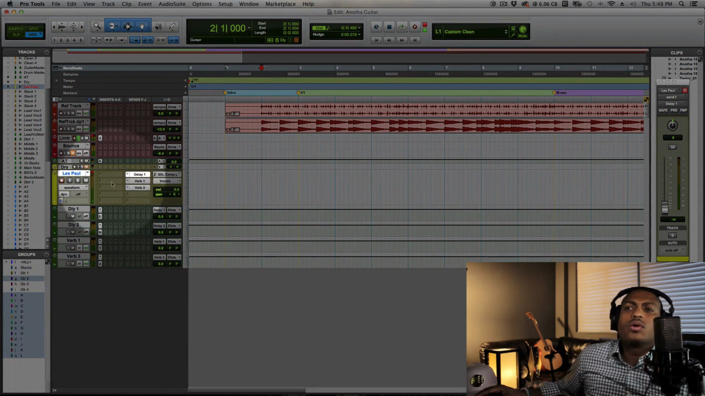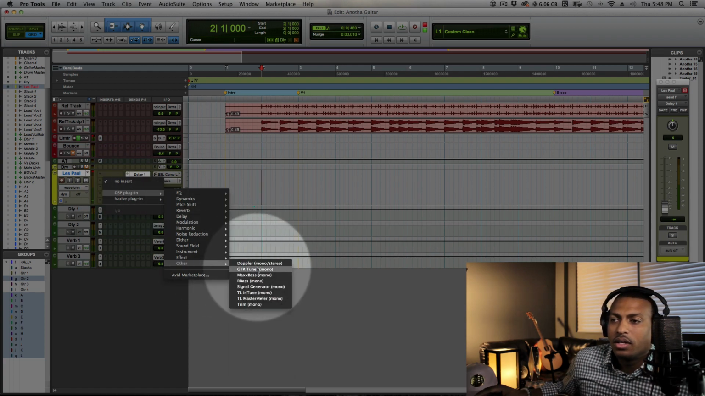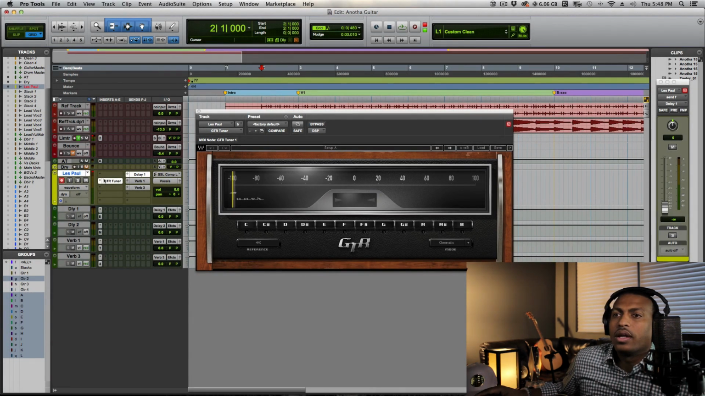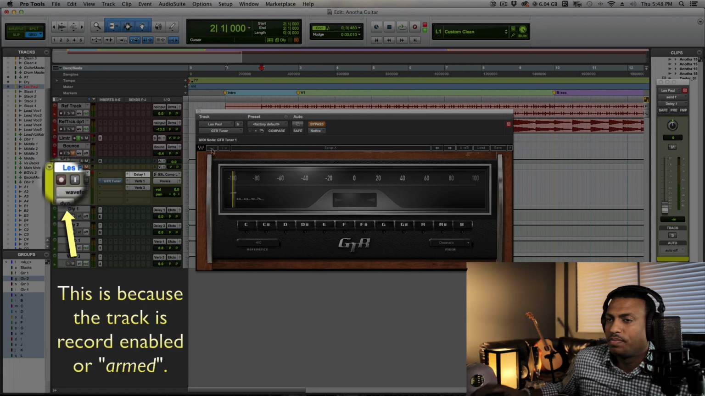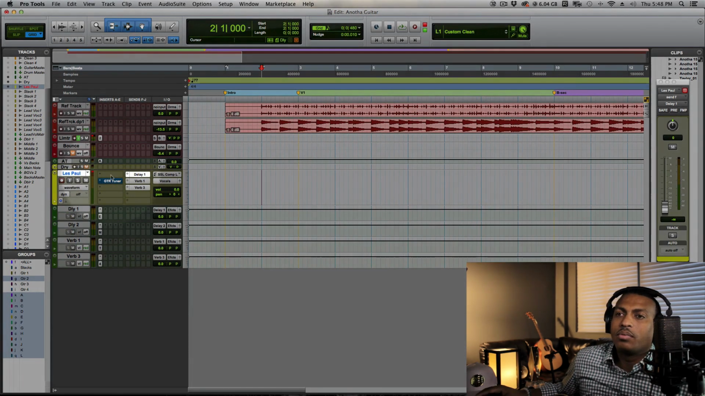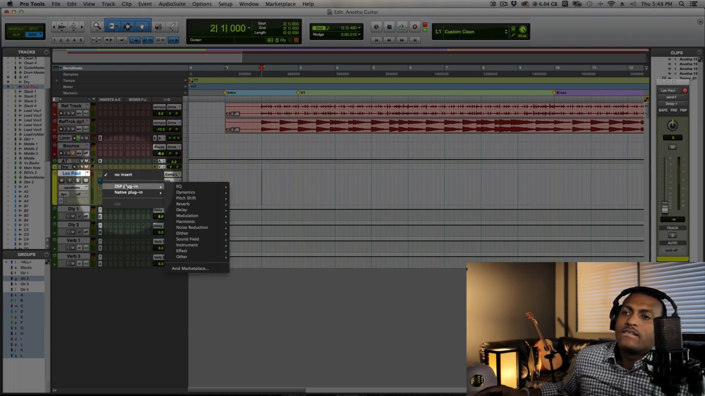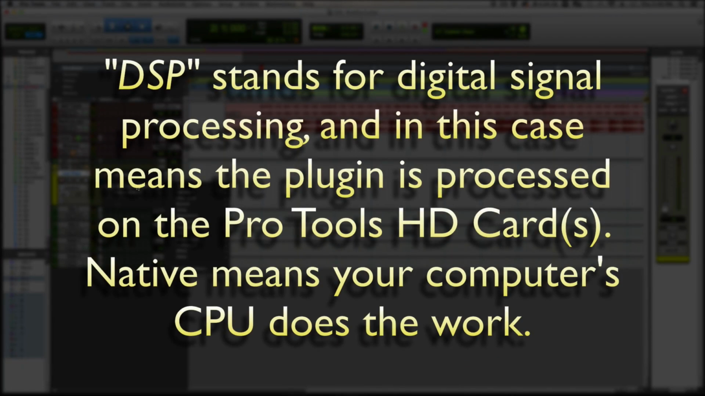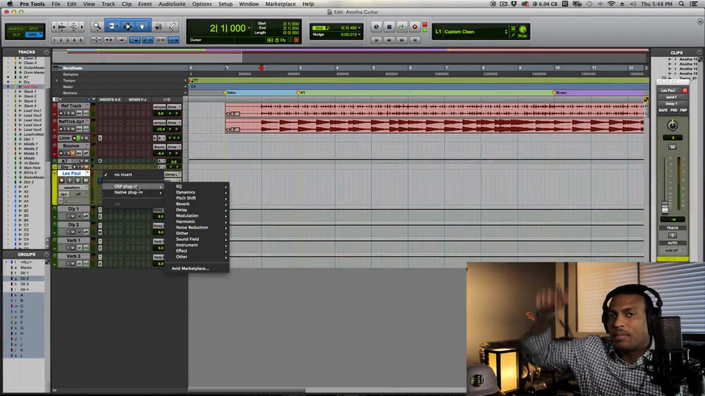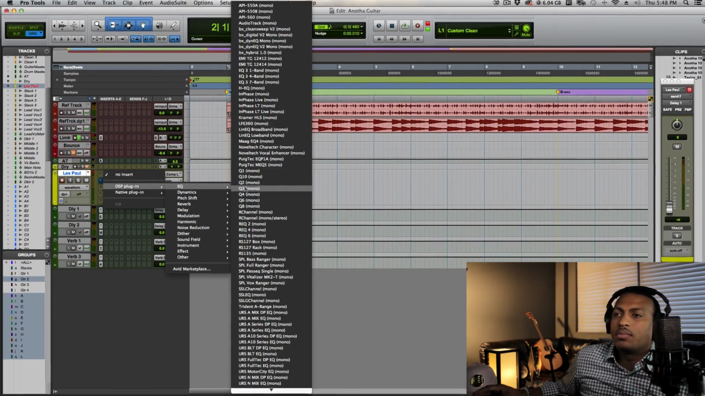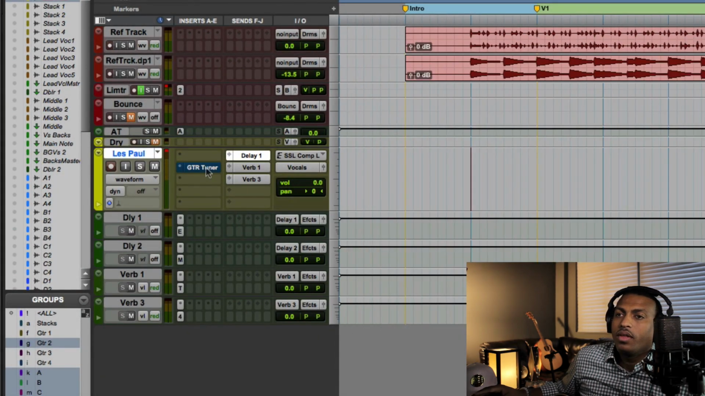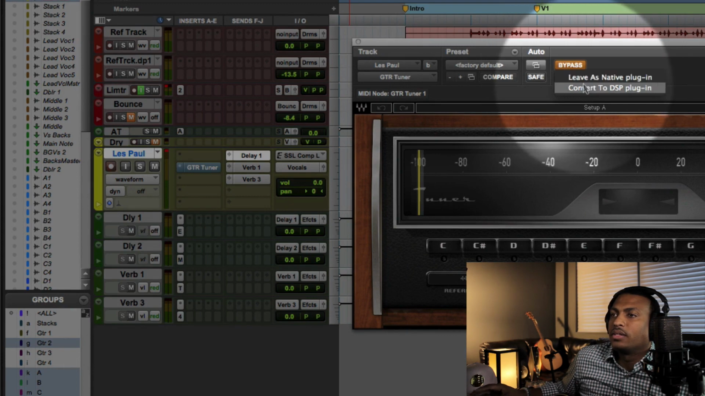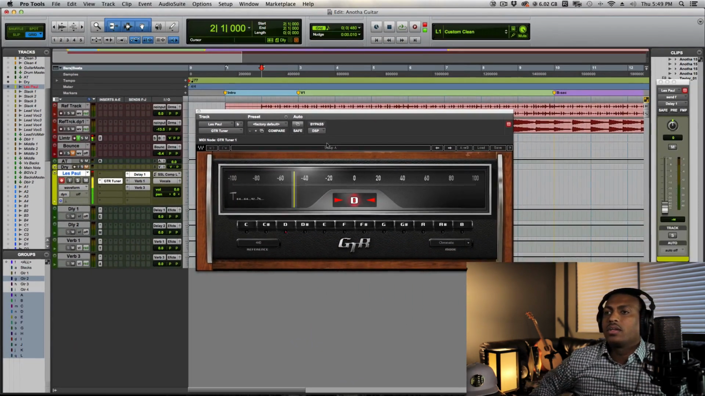All right, so I'm gonna put the tuner on the second one. Okay, DSP guitar tuner. Okay, that works. If I would have made it native, it wouldn't have worked, but that's just because there's not a native plugin. There's not a DSP plugin that's first on the chain. Remember, it goes from top to bottom. So if I put any old DSP plugin above that, for some reason the guitar tuner will start working. Or you can make it DSP and it will work. Either way,